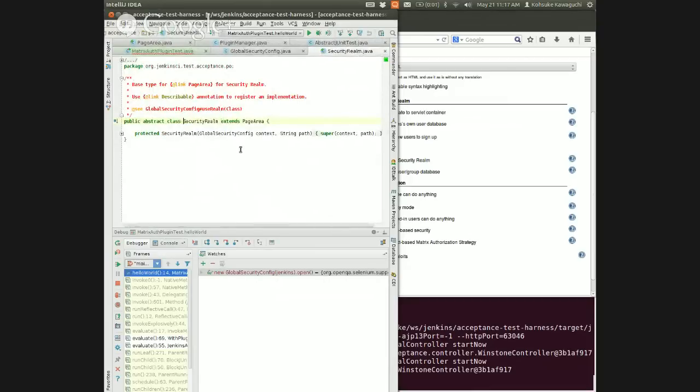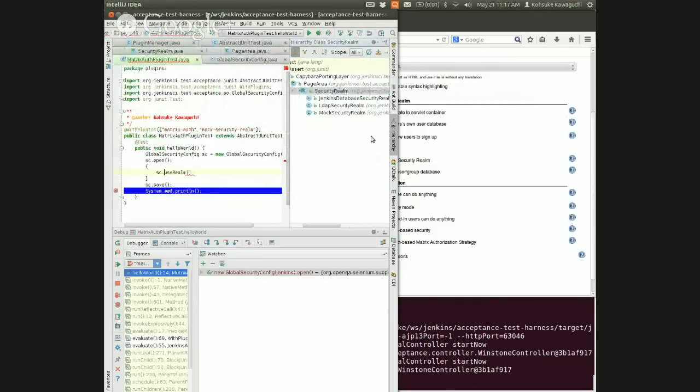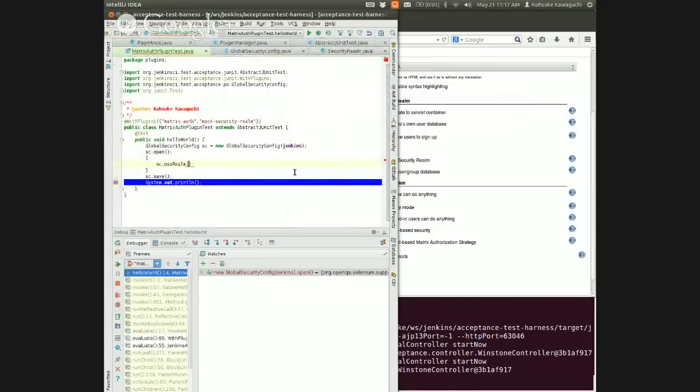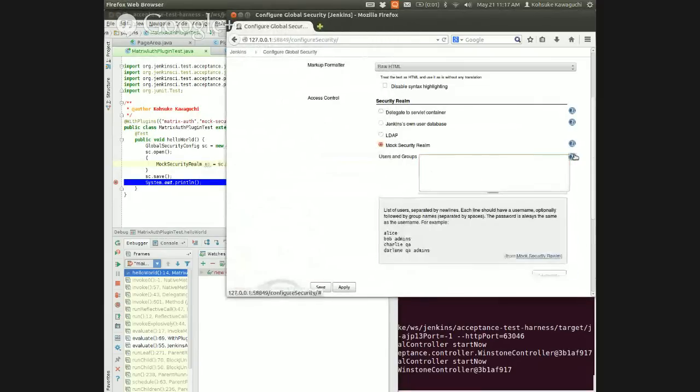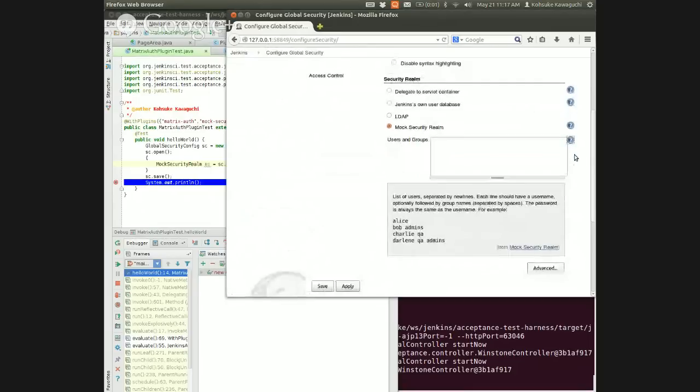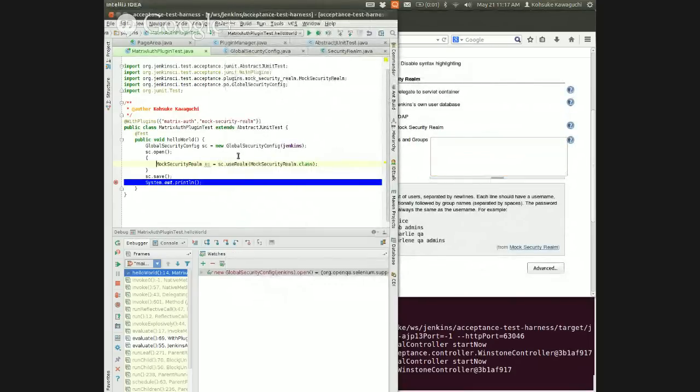So that's what we are trying to do. There's a subtype of page area called security realm, and there are a few implementations of those already available. Fortunately, the mock security realm is one of those. So what this is going to do is make Selenium check this checkbox, and then now I need to enter something in here. The way it works, you have to type in the mock username that you're creating, and then if